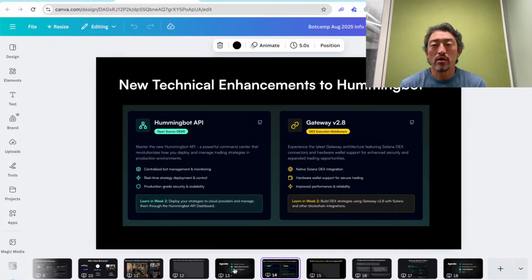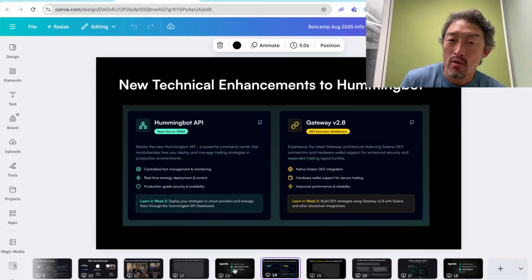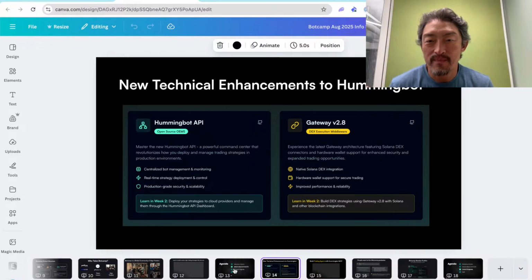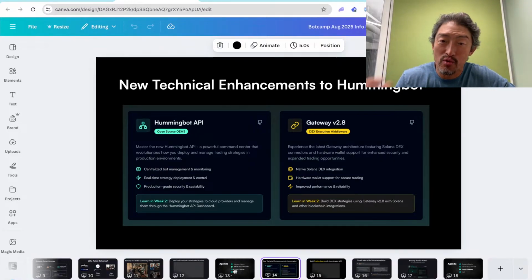Secondly, we also completely revamped our DEX middleware. So now Gateway handles Jupiter and Solana DEXs, and handles Uniswap and Ethereum DEXs in the same way. There's a bunch of connectors being added now by the community, like PancakeSwap and Curve. So what it means is, for those of you who are building DEX-based strategies, I think now Gateway is finally ready for prime time, where almost any type of DEX-based strategy that you want to build, I think we can help you build it using Gateway.